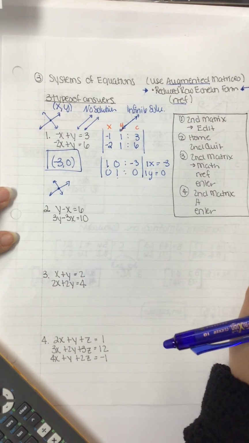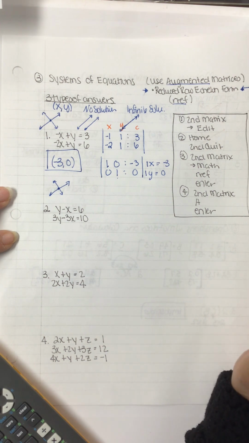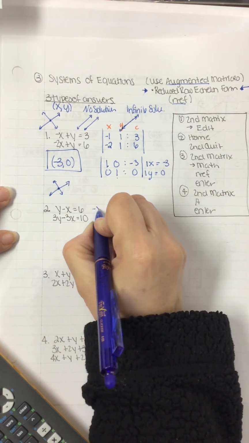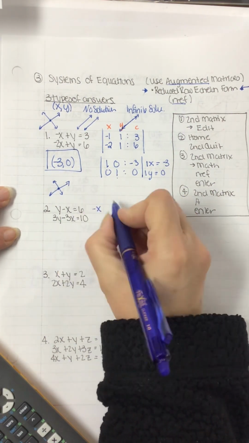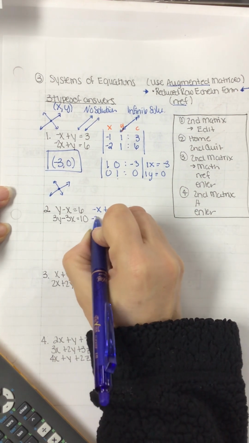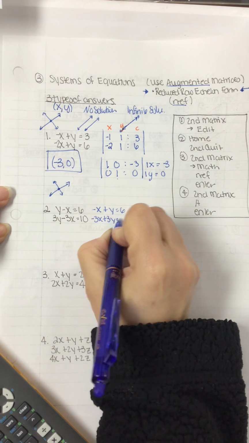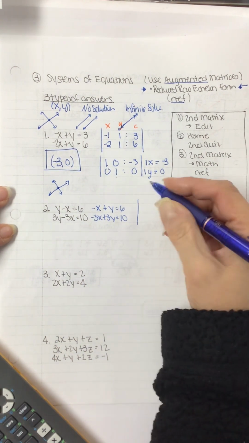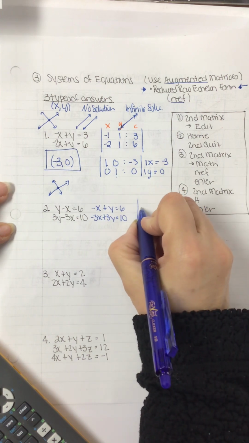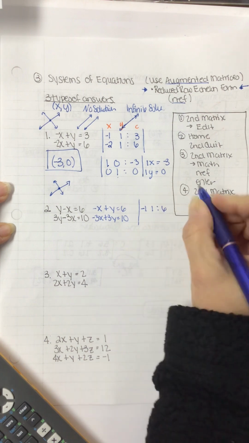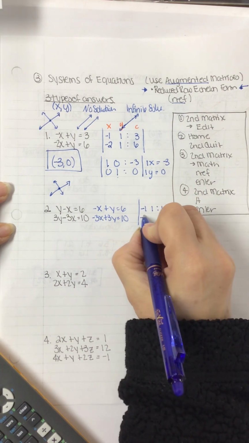All right, looking at number 2, what's wrong with number 2? Okay, so I'm going to rewrite it. I'm going to switch my order here. I want -x plus y equals 6. And -3x plus 3y equals 10. And then I write it as a matrix. Here it would be what? -1, 1, 6, and then